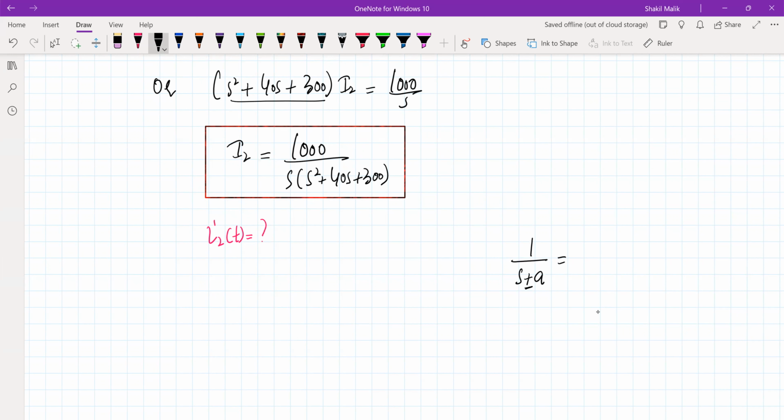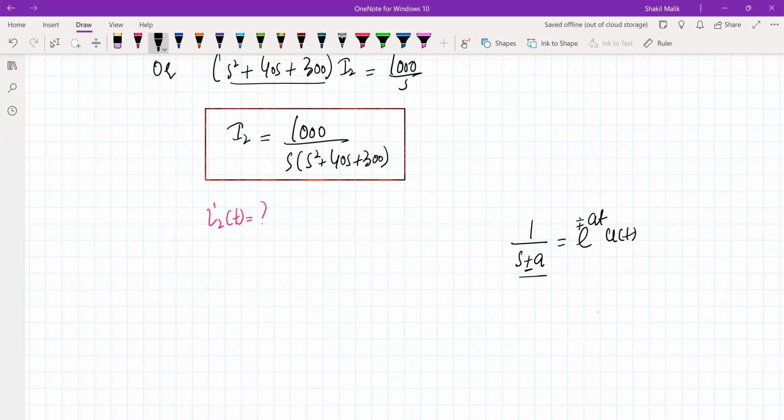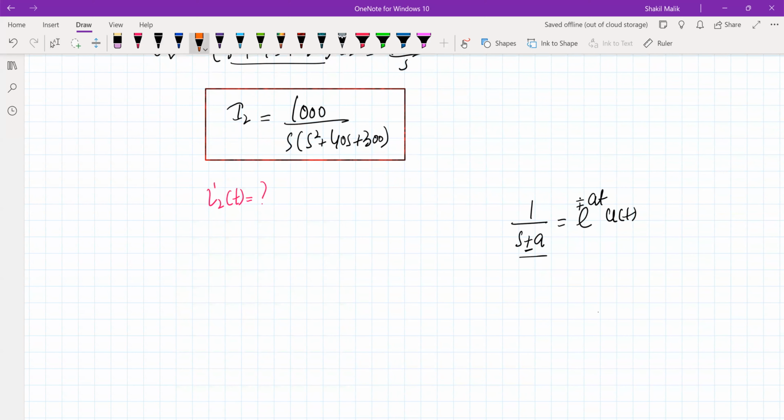The Laplace transform is simply e to the power of minus a t u of t. So what we'll try to do is convert the term on the right hand side in terms of these factors. So if I arrange the terms, I2, which is a function of s, is 1000 divided by